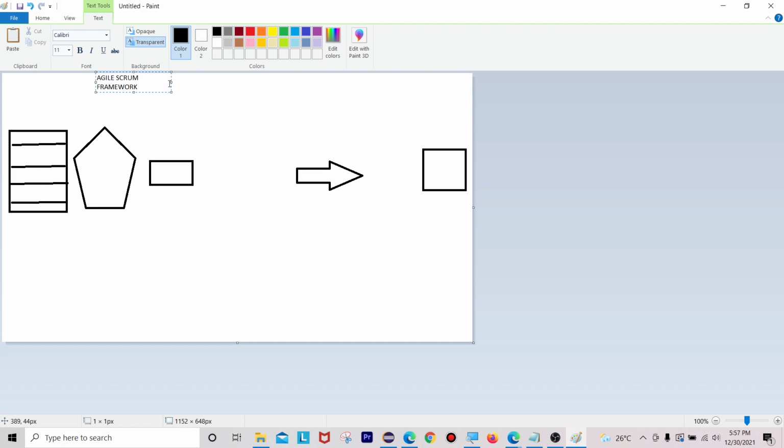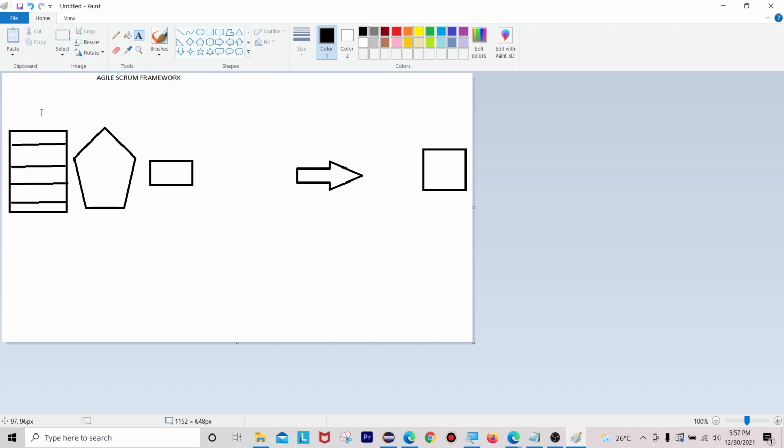This is how the Agile methodology will look. You can draw this diagram and explain it if you are in an interview.